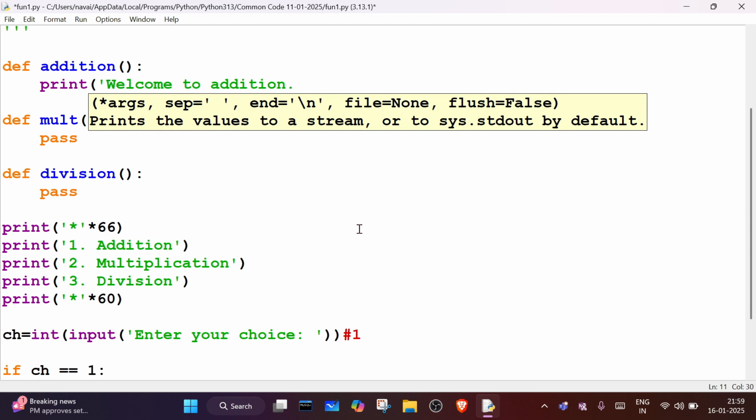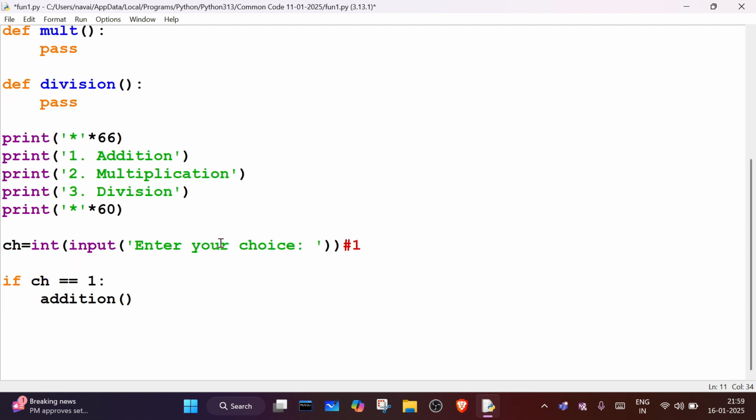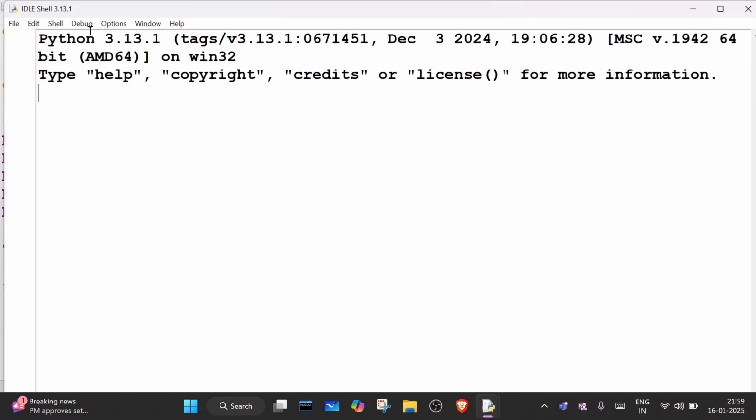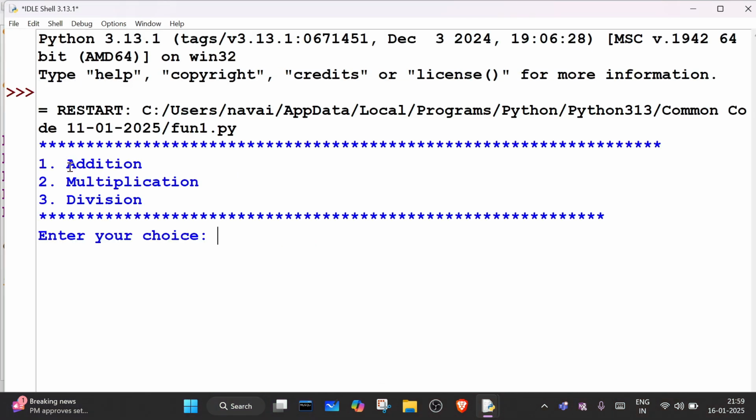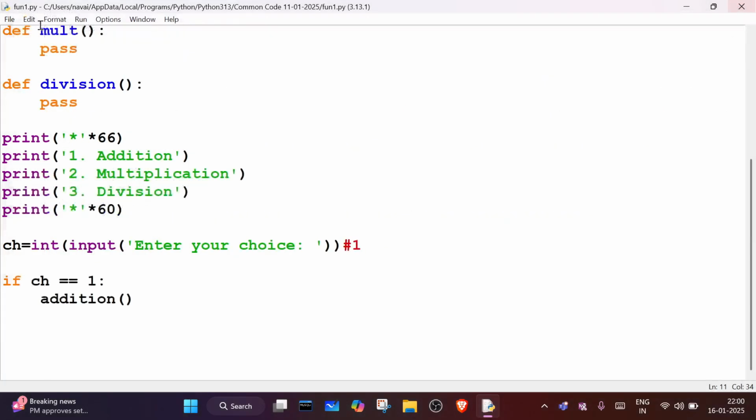Okay, I'm writing just this message. So see, if I run this code, it is showing "enter your choice". For multiplication we didn't write any code, for division we didn't write any code, but for addition we have written one line of code. So if I press 1 here, it will display "welcome to addition", right? Suppose I press other than 1,